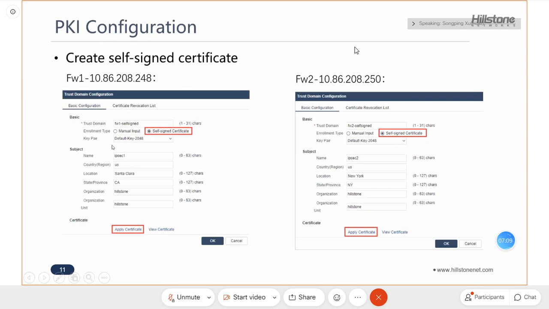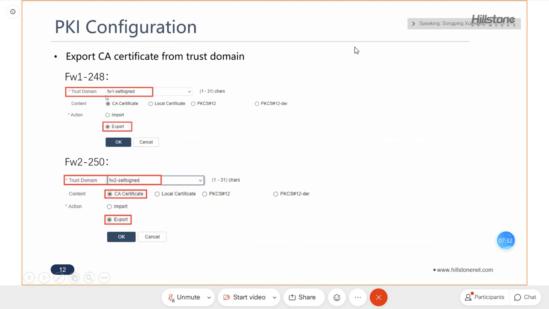There is the key pair we used to support the certificate authentication, and then you can apply for the self-signed certificate. So on both sides you can generate the self-signed certificate, and then you can share the self-signed certificate from one firewall to the other,